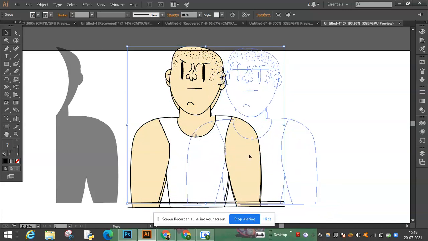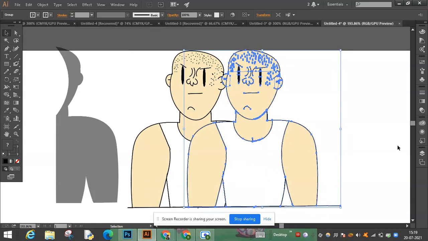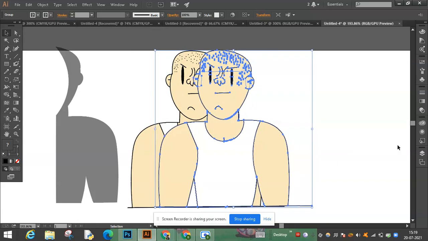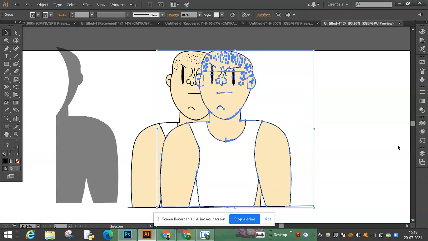Just drag it like this, depending on how long you want the shadow. Whatever part of the copy that is not overlapping with the original will be the shadow. So let me show you.